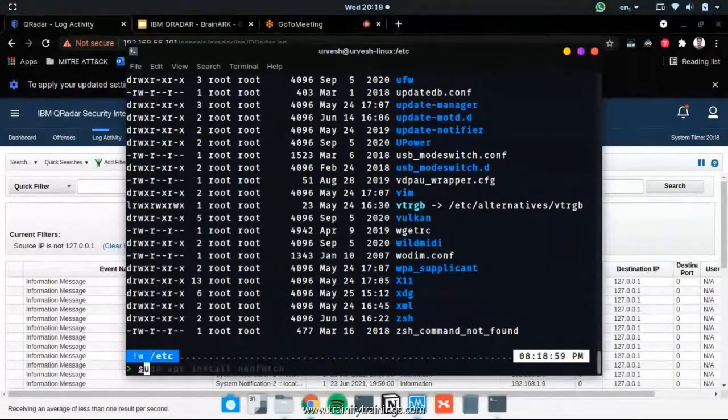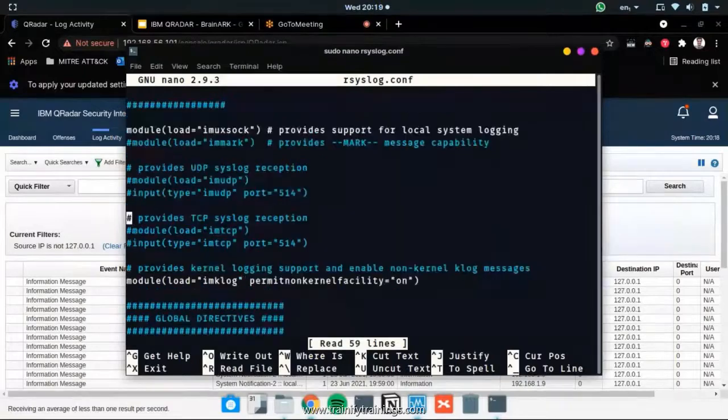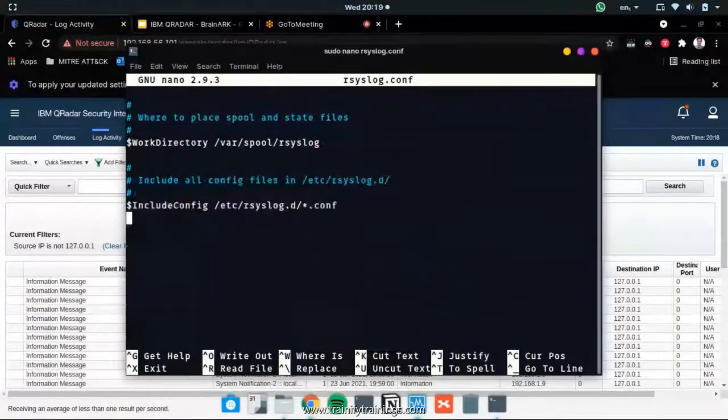So what I'll be doing is sudo nano rsyslog.conf. And here is the file that is there inside this Linux machine. Now I'll just come to the last line, which is over here. And I just have to add one simple line over here. That is authpriv, authentication privileges. So authpriv.*